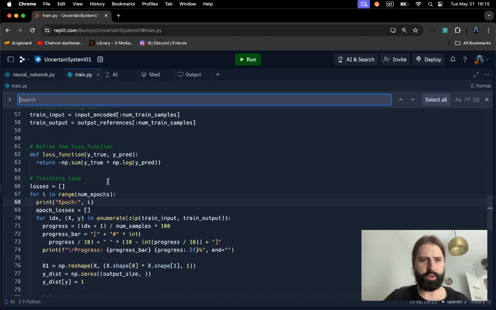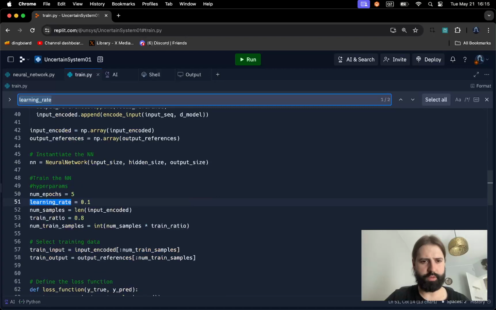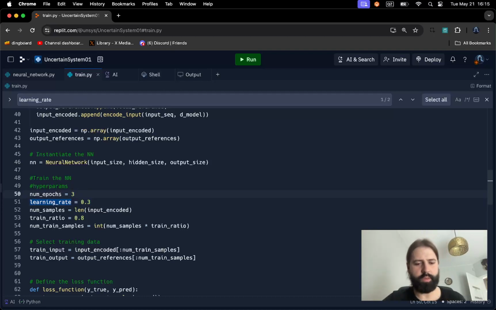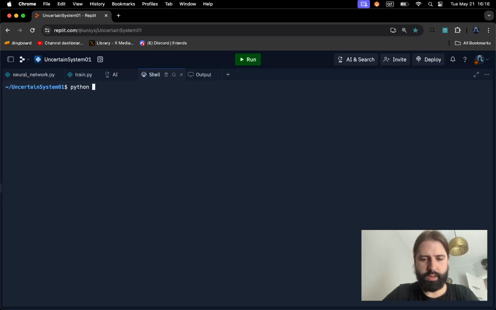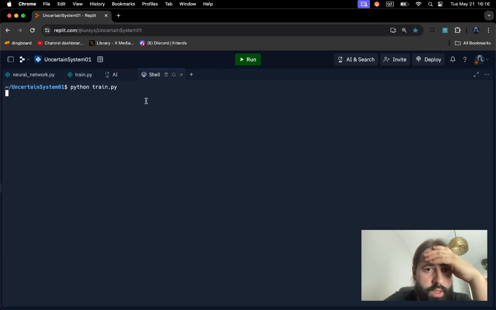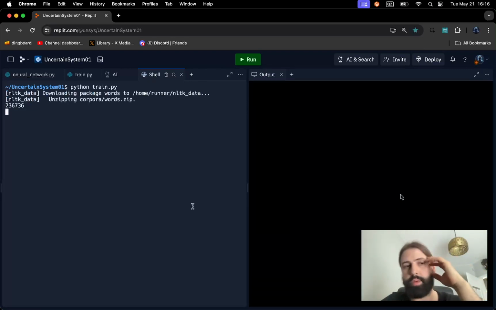We should eventually just merge these two files, I guess. 0.1 should just be okay, I think. Let's just try it like that. Let's just do 3 epochs, because 5 takes too long to test. And let's just run these once more. Python train.py. And so the point here being, it's either these, or maybe what I could also try to do is